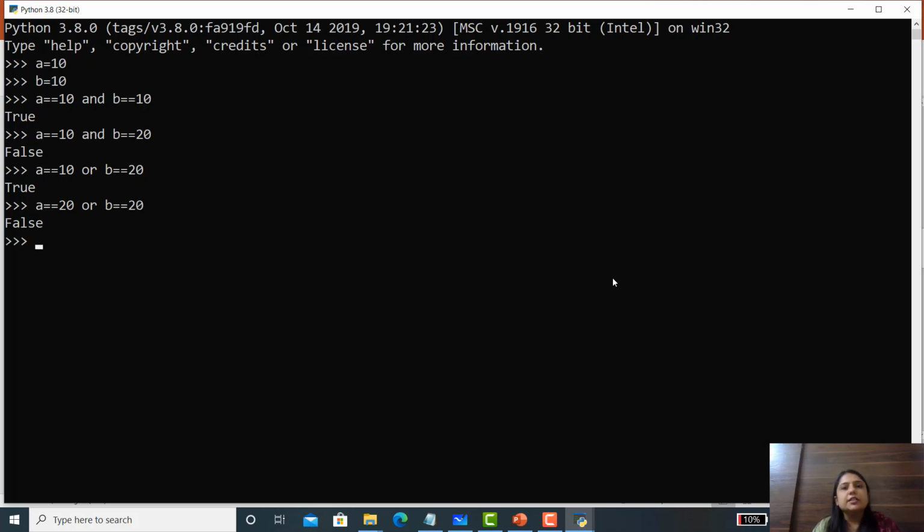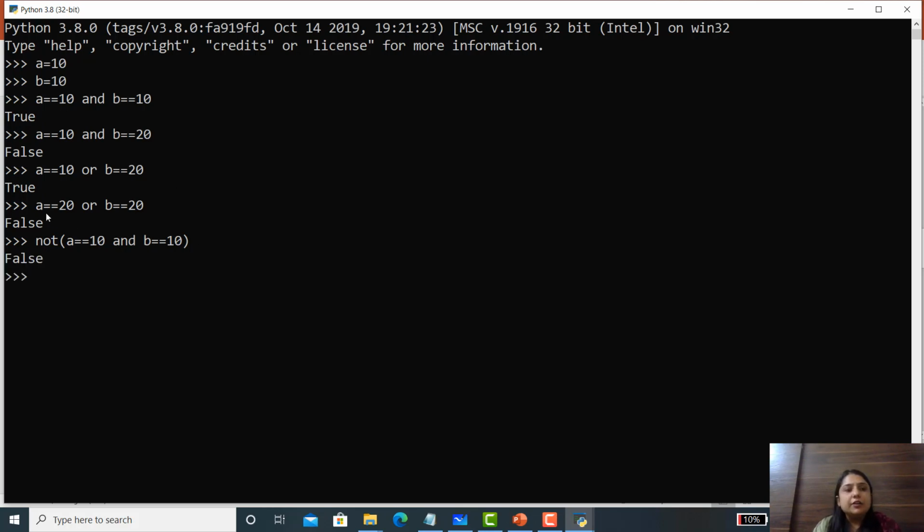See, check in this case. Now if I use the NOT, here I am writing A equal to 10 and B equal to 10. We have already performed this operation and we know the answer is true. But when I use the NOT, then it simply inverts the answer from true to false.